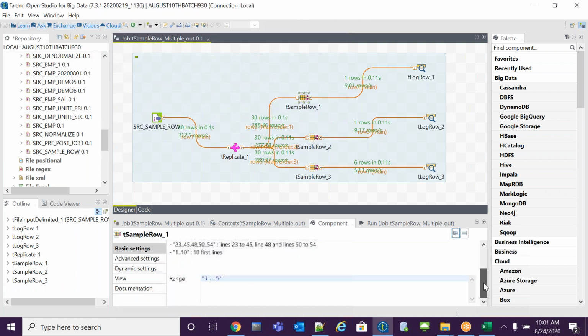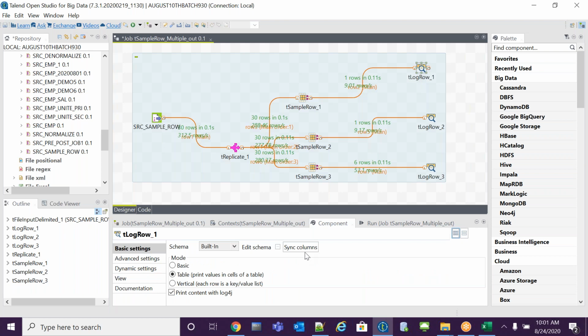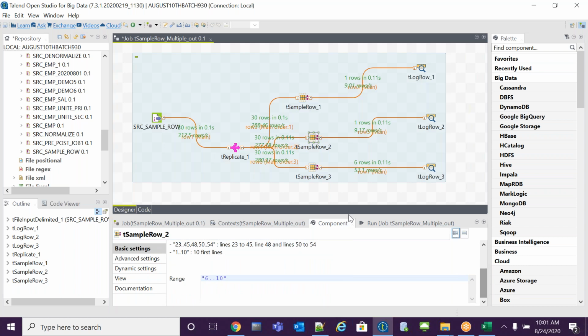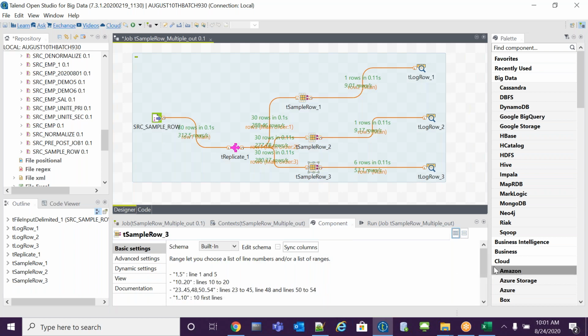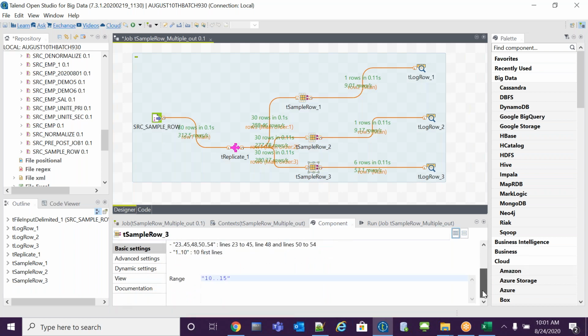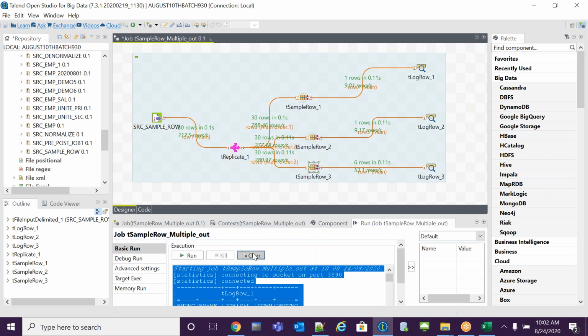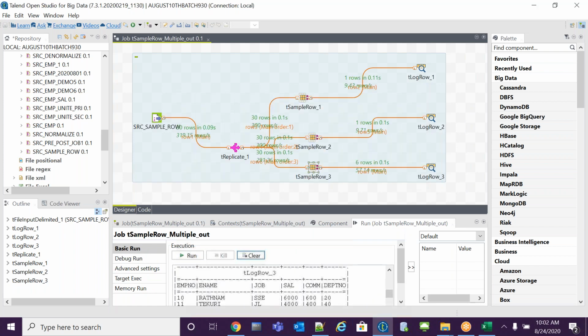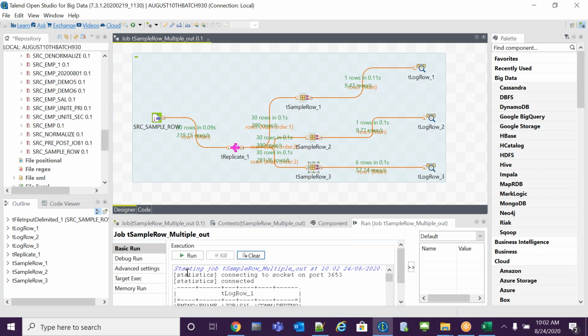Double click the tSampleRow, 1, two dots, 5. Double click the tLogRow and sync the columns. Check 6 to 10 and 11 to 15. Let me rerun it. Maybe some extra dots are there. Why is it coming like this?